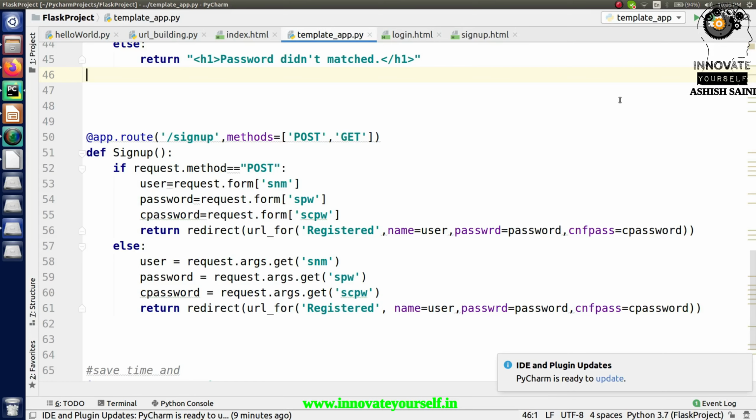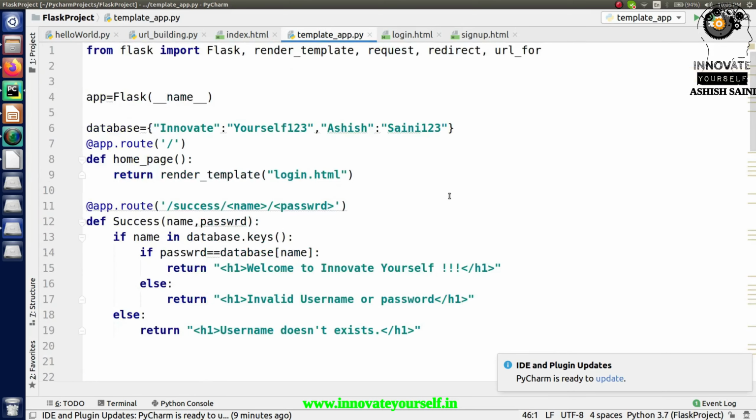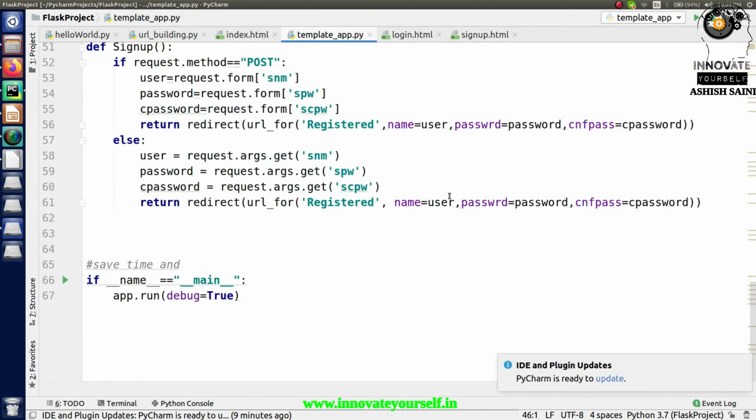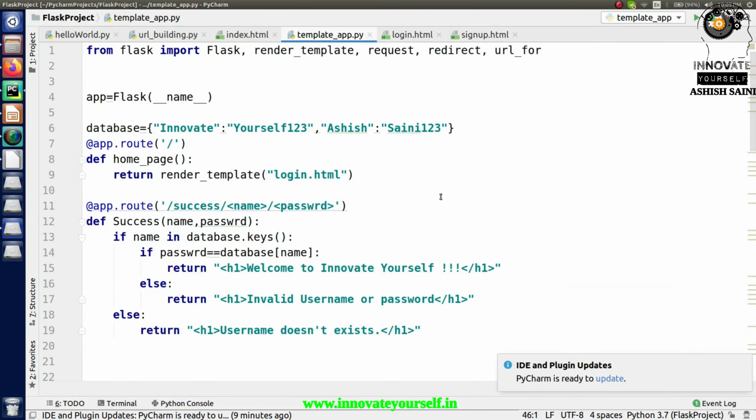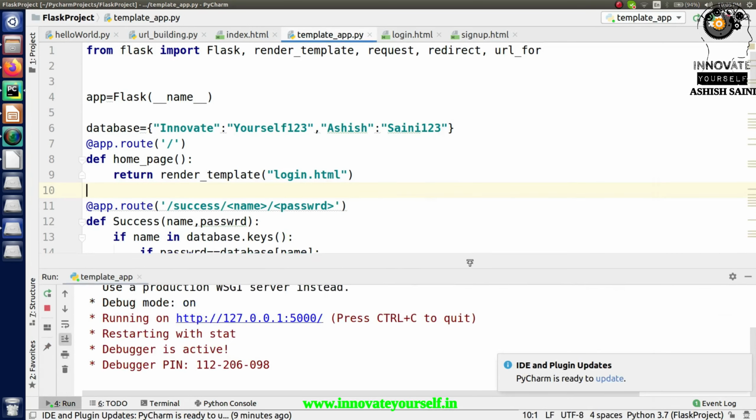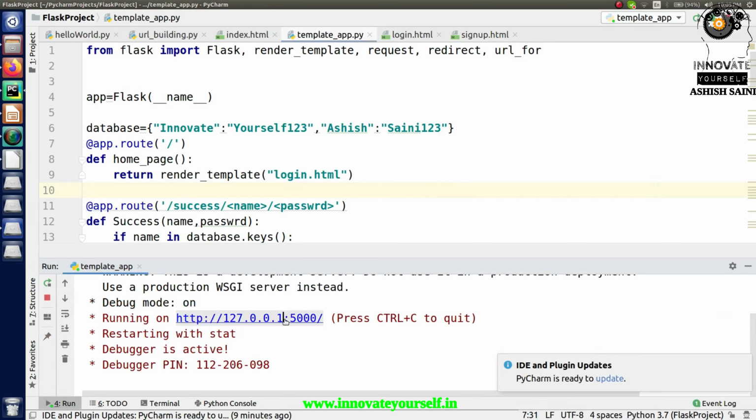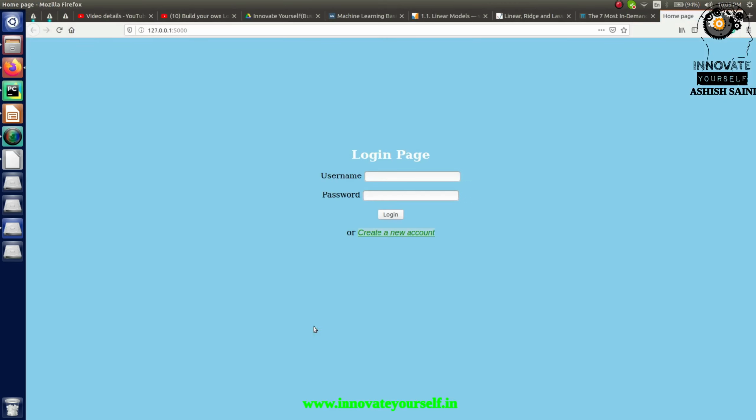So here you can see this is the application which we have created in the last session, where you were able to log in and sign up to some website, and accordingly you were able to perform whatever task you want to do. But there was one problem in the last session. Now let me show you what that problem was so that we can understand it better, right?